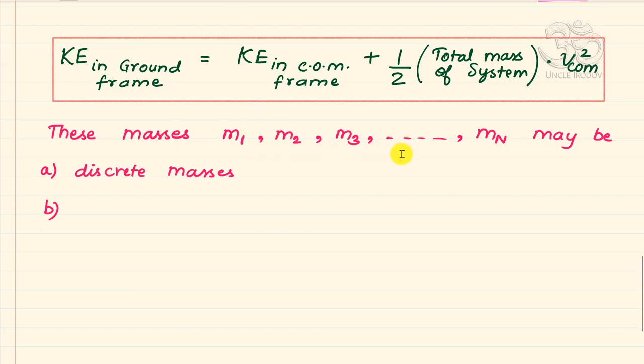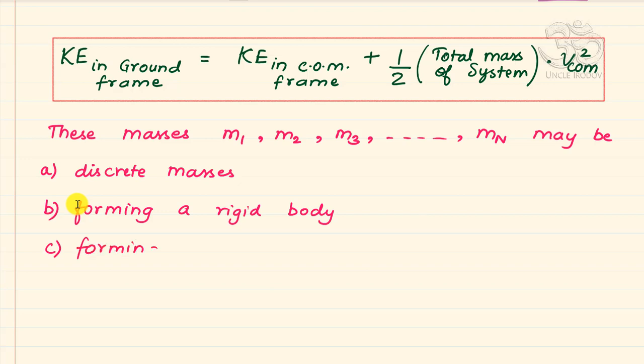So these masses m1, m2, m3, etc. up to mn may be a part of a rigid body, and maybe forming a rigid body, it doesn't matter. Or maybe in a more complicated case, they may be forming a deformable body. Whatever they are going to make, whatever it is that they are making up, this result is going to be true. And so this result will be used again and again by us, not just in this chapter,